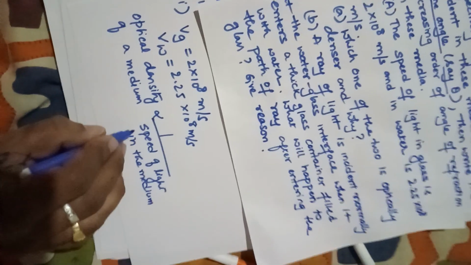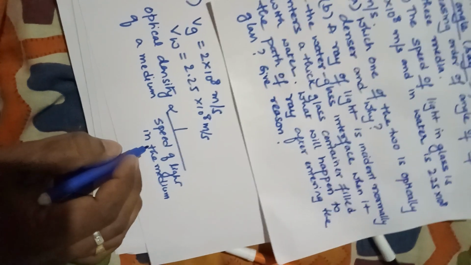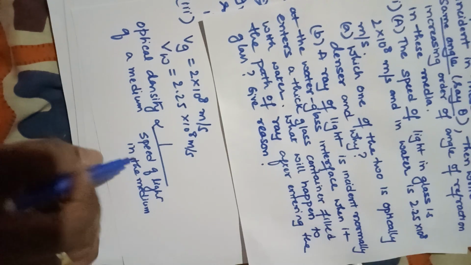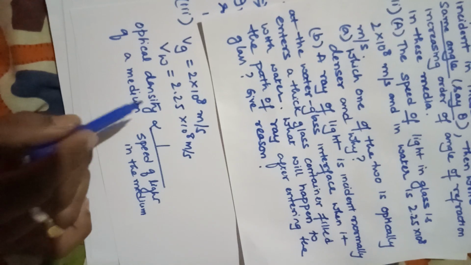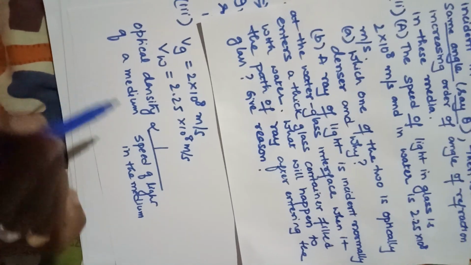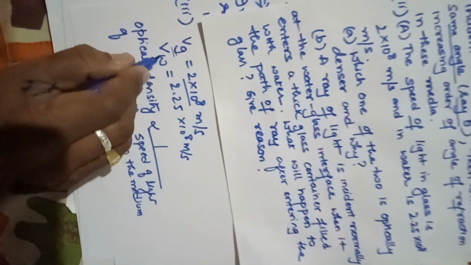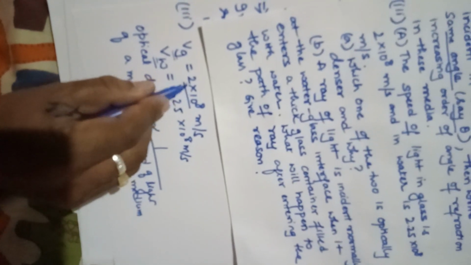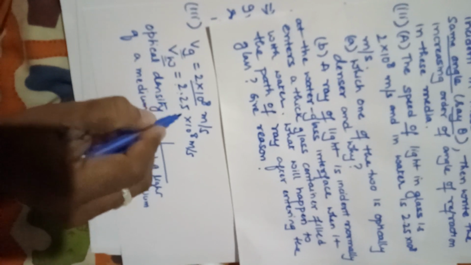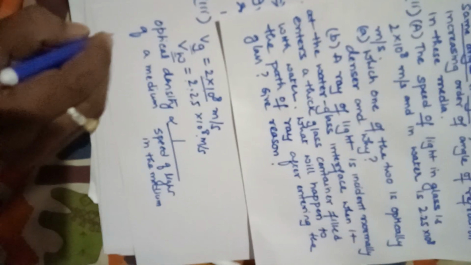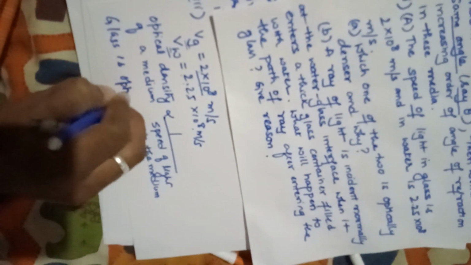That means if speed of light is less, then that medium will have more optical density, or we can say that particular medium is optically denser. Now comparing the speed of light in glass and water, we can see that speed of light in glass is less compared to speed of light in water. So we can say glass is optically denser